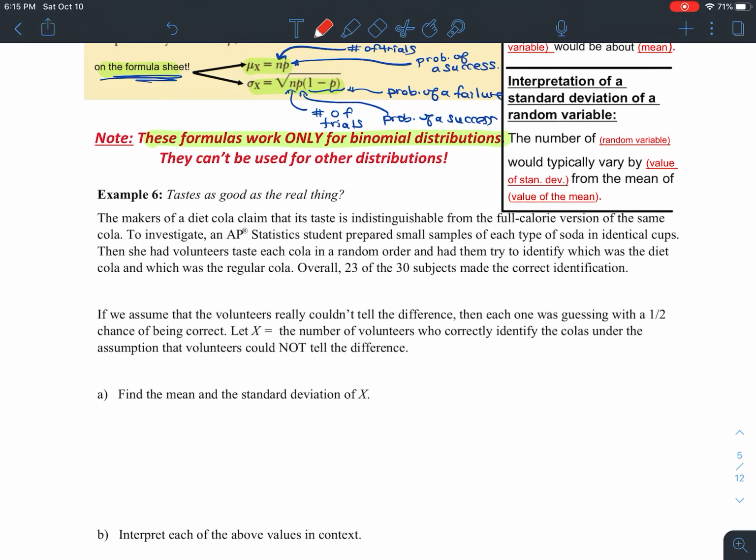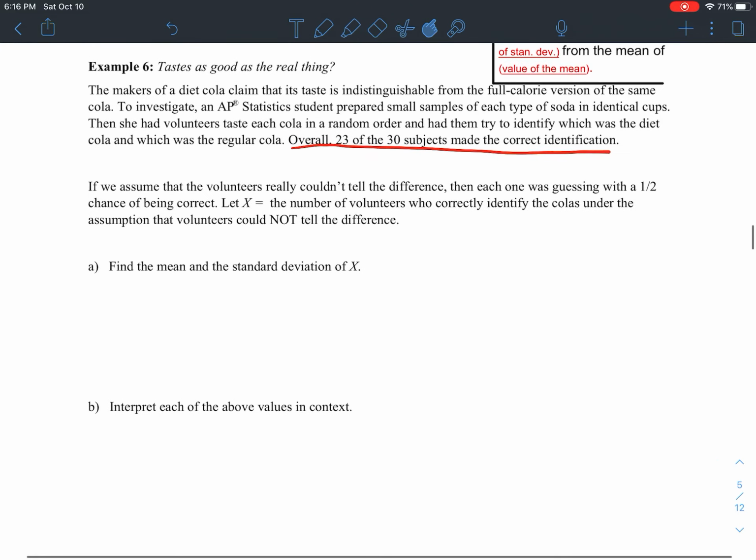Then she had volunteers taste each cola in a random order and had them try to identify which was the Diet Cola and which was the regular cola. Now here's the results. Overall, 23 of the 30 subjects actually made the correct identification. Okay, that kind of feels like that's a lot. Out of 30, that 23 of them were able to distinguish which one was the diet and which one was